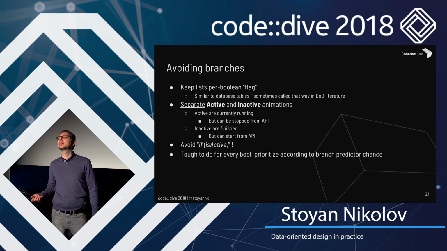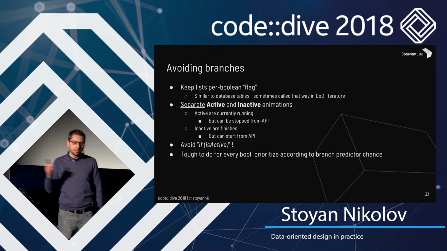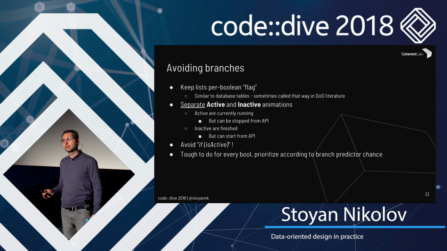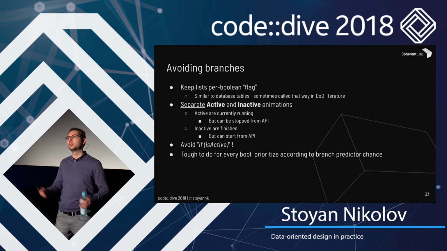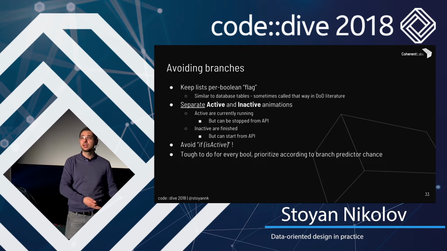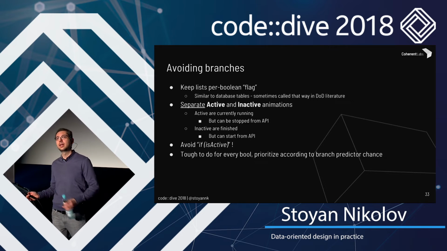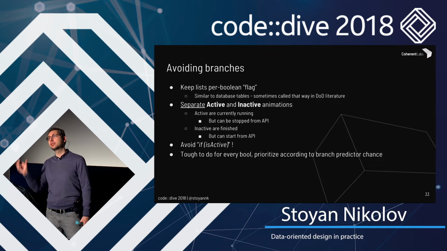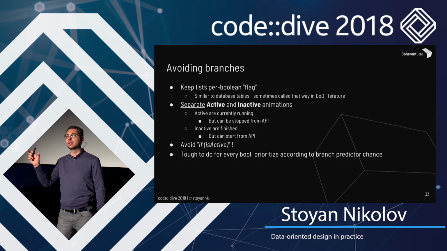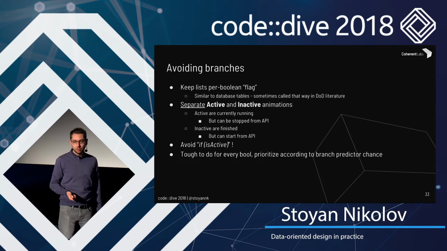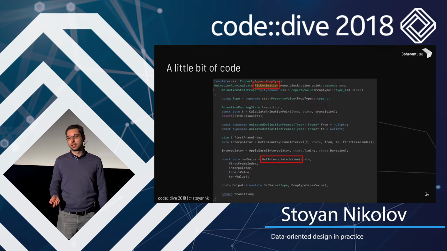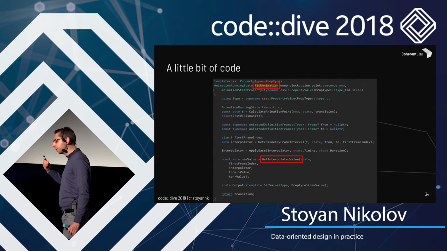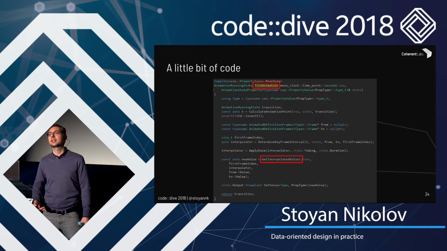So we can do, again, something very simple. We can separate our objects according to their state. We can have two arrays, one array for the active, one for the inactive animations. And now the operation of activating an animation is just moving that data, that animation state, from one array to the other, or vice versa. And now, when we go over the tick of our animation, we know we're going over only active animations.